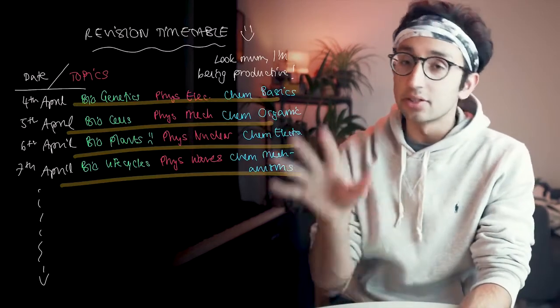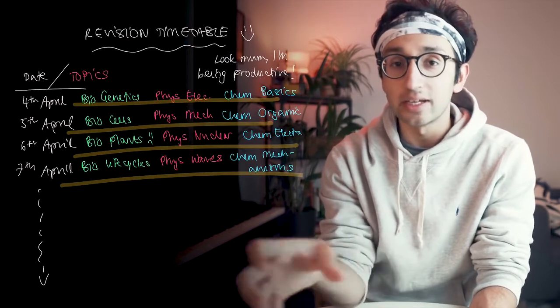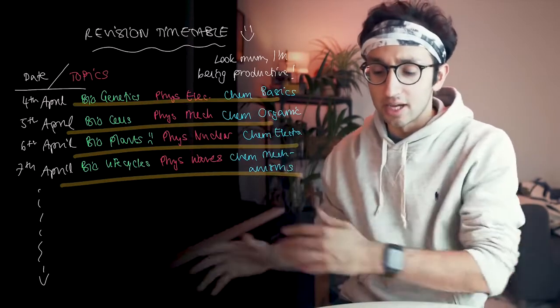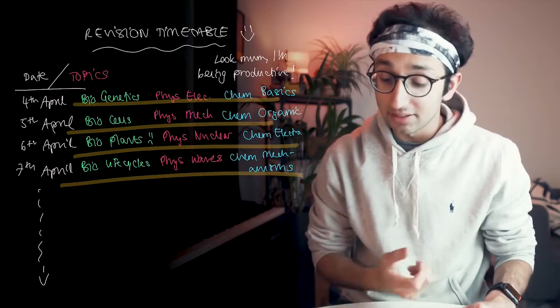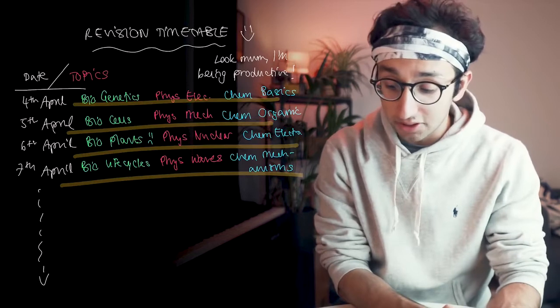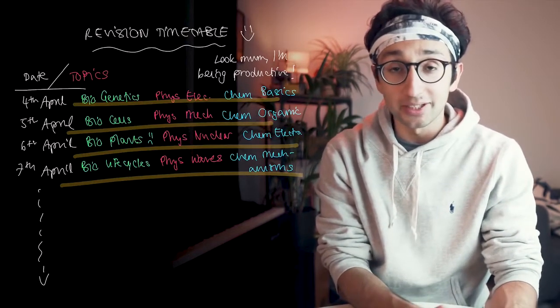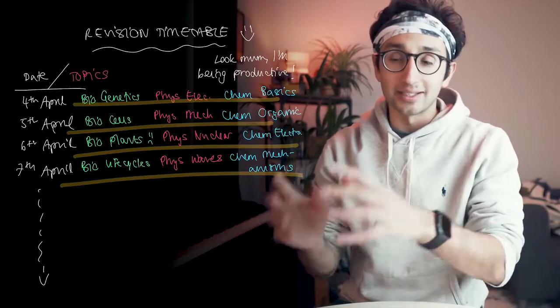Thirdly, with this standard prospective revision timetable, there's no real way of seeing how much of each subject you know. Apart from doing past papers and apart from having your own separate record, like if I were to glance down this list and it's, let's say, the 10th of April, I can see that, okay, well, I studied physics, electricity on the 4th, but do I know the topic? Are there any other topics in physics? There's no easy way of me seeing an overview of the subject